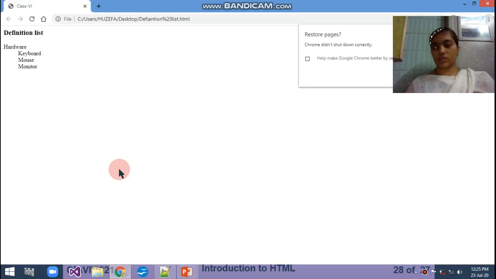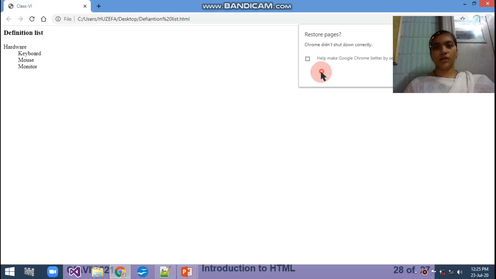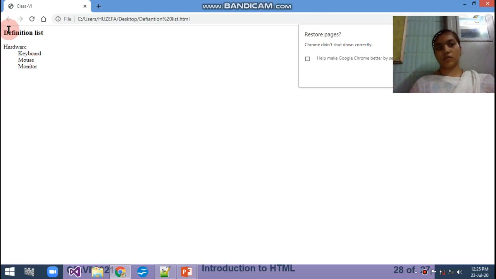Okay, here you can see how it becomes. Hardware, keyboard and mouse, definition list.